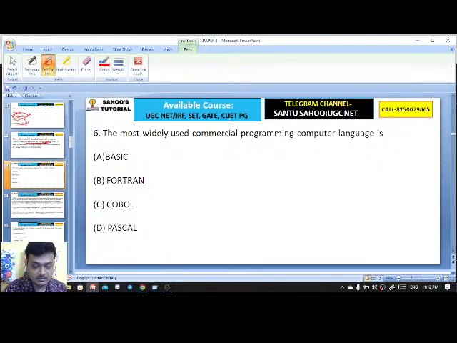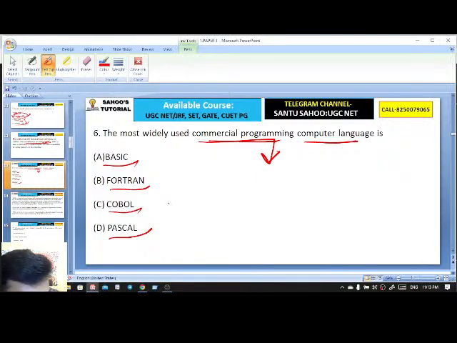Very good, Trisha. Got it. Now here is the question: the most widely used commercial programming computer language is BASIC, Fortran, COBOL, or Pascal. Fortran is formula translation. COBOL is common business oriented language. We have then BASIC, beginners all purpose symbolic instruction code. Which is the most widely used commercial programming computer language? Pascal it won't be. COBOL is common business oriented language, Fortran is formula translation, so it is BASIC.